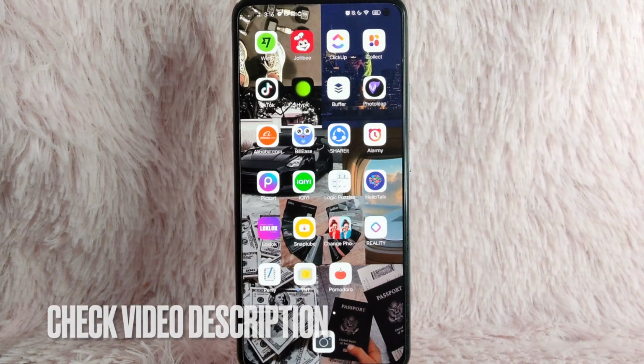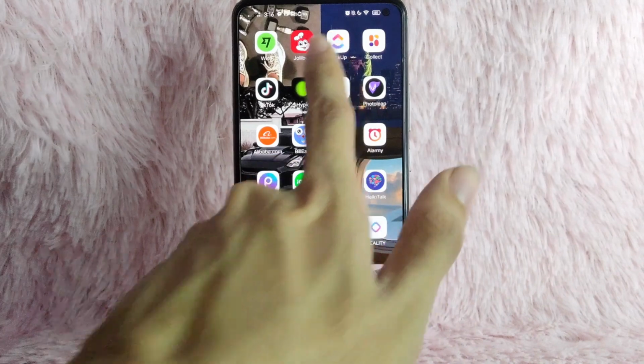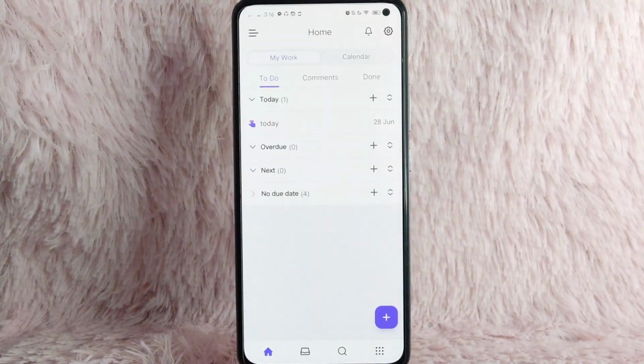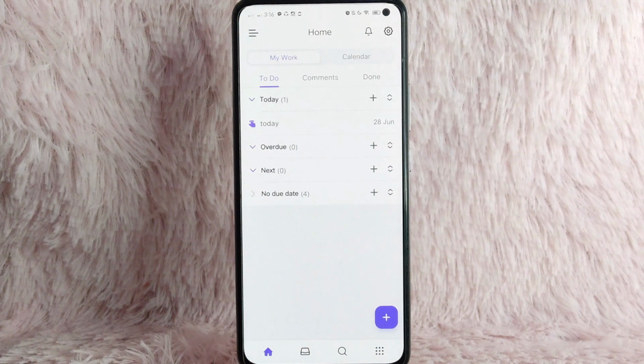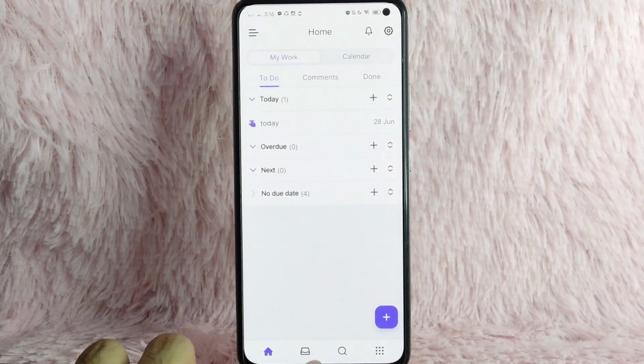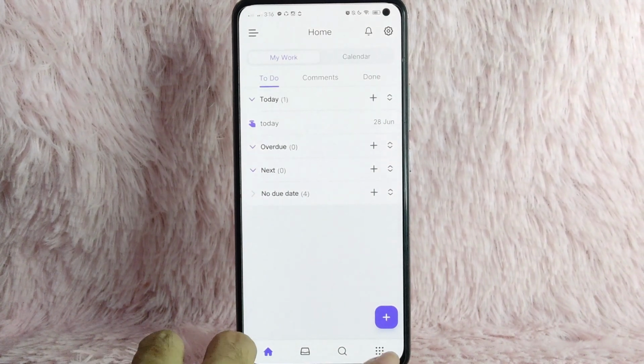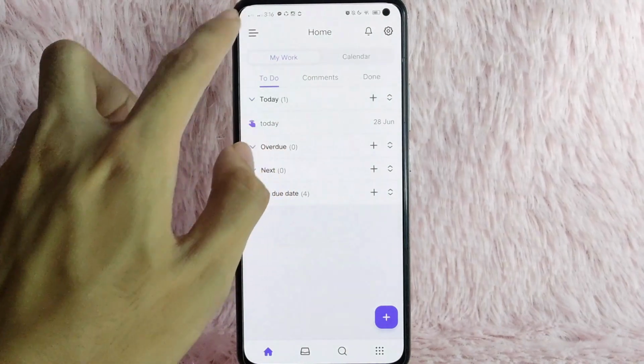First, what you need to do is to open your ClickUp application. Once you open your ClickUp application, you'll be directed to this home page. You can also see below the notification icon, search icon, and then this dotted icon. To add a space on ClickUp, you need to tap on these three lines at the upper left corner of